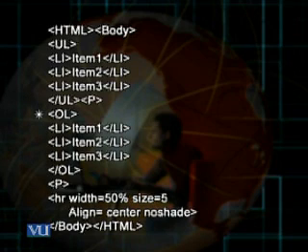It has got its corresponding closing tag. In between, I use 3 LI tags as before. Item 1, item 2, item 3. These are the items I want to be displayed. Then because of the paragraph tag, there is a line break, a line space, and afterwards I have used an HR tag. HR tag is to create horizontal lines. It has got different attributes as are shown. The width attribute, I have kept its value as 50%.